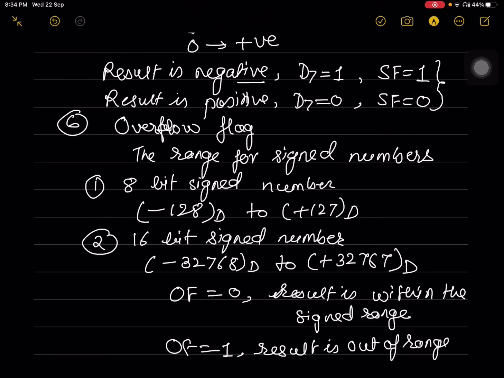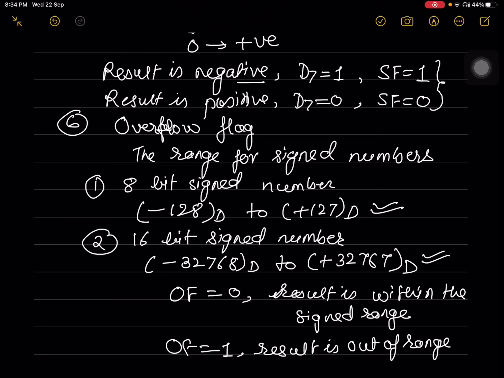So it is applicable for the signed numbers. The 8-bit signed numbers can be represented in the given range, and 16-bit signed numbers can be represented in the range which is mentioned here. If overflow flag is 0, it means that your answer obtained in ALU is within the range, and if overflow flag is 1, it means that the signed number, the result which is obtained, is out of this range.